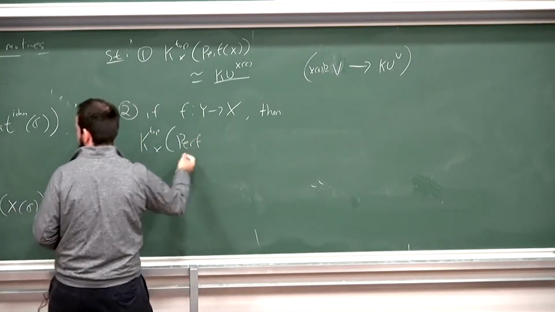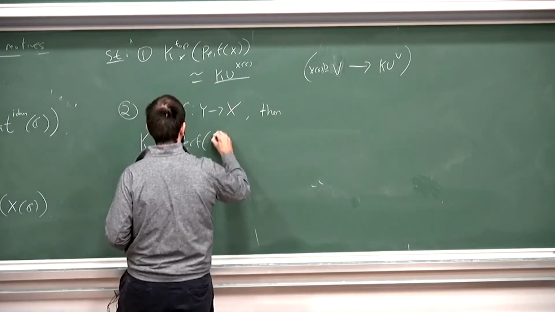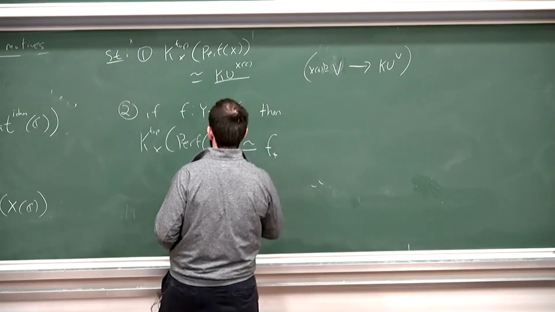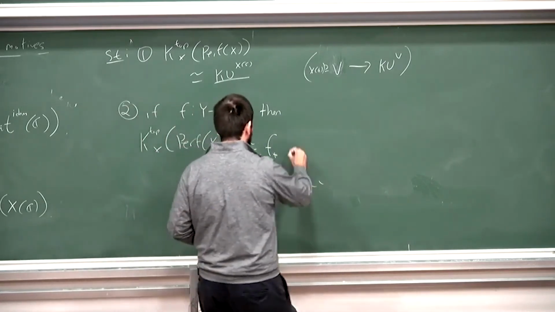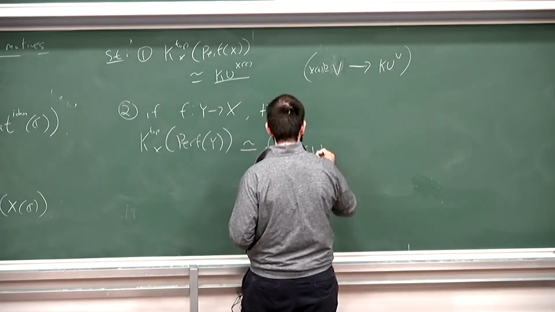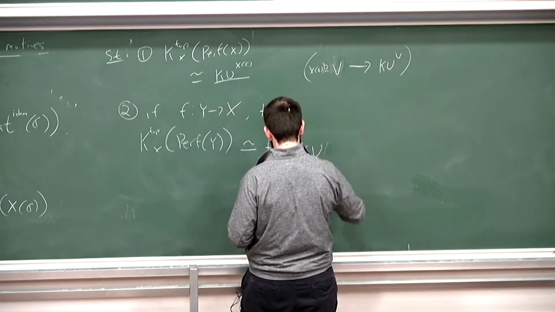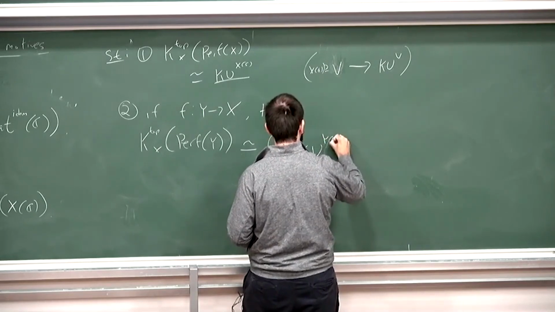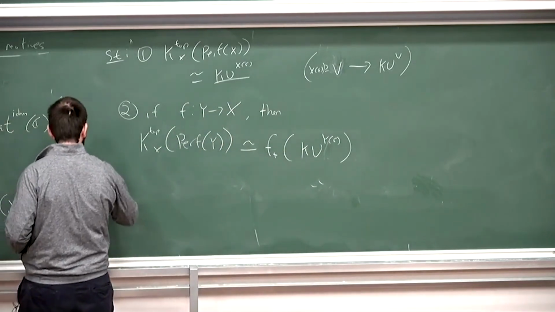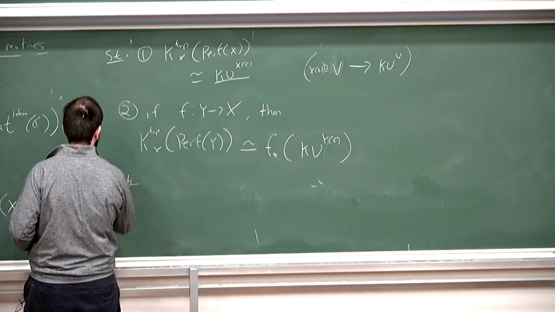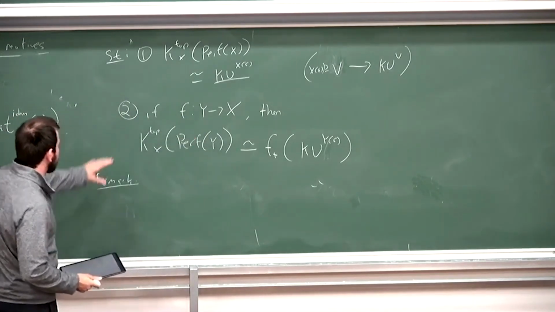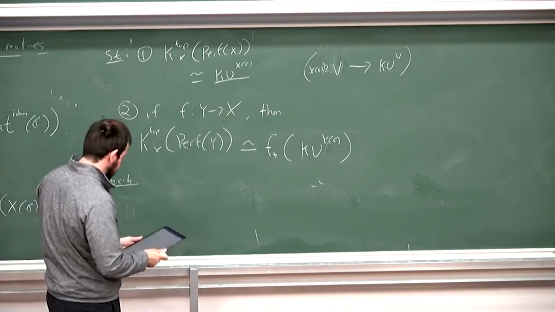So you can apply this functor to it, and you can identify this with a push forward of the sheaf of spectra on the complex points of Y. At the time, this was just a sanity check that this holds. But actually, this property is nice because